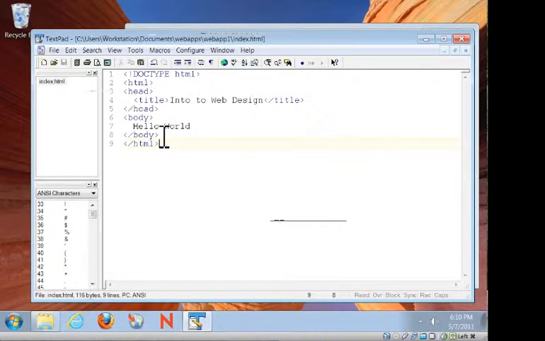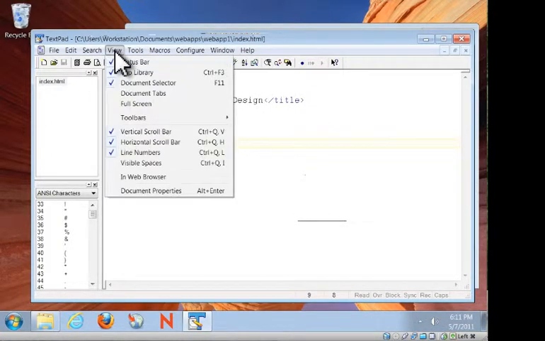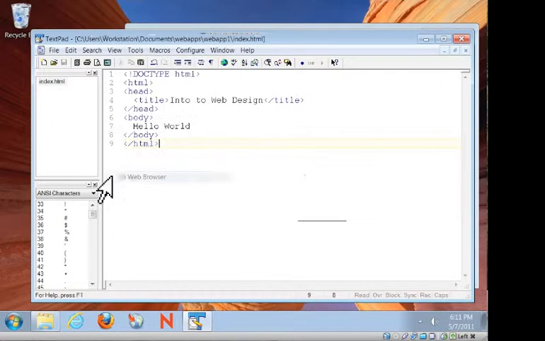Okay, we're almost done. So we've written some simple HTML, but we want to see this in a browser because that's ultimately what we want to do. So let's view in the web browser. So we're using TextPad to write our code, save it, and then take a preview of it in the web browser. So there's Firefox, and there's our very simple line of code, hello world. Seems very crude and simple,